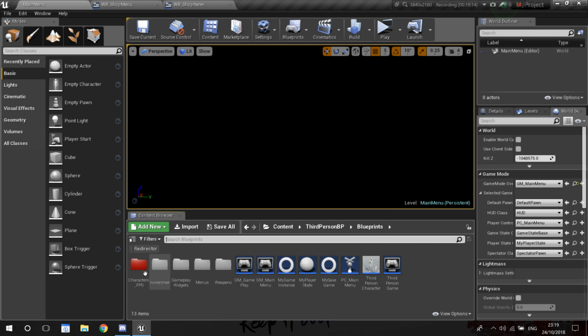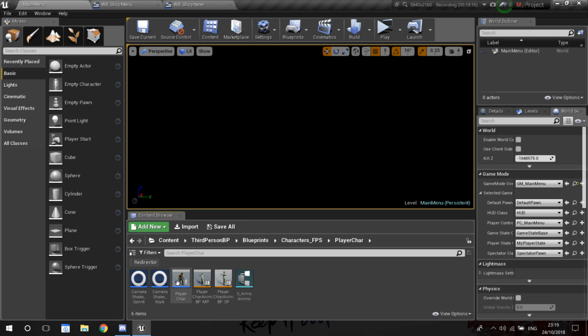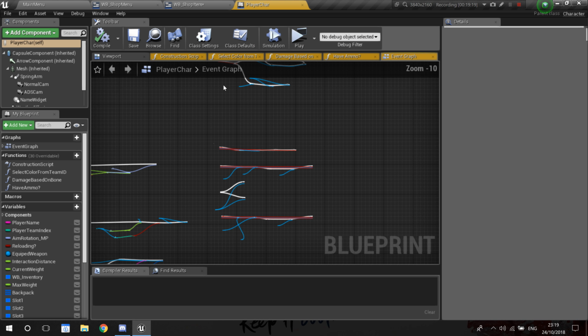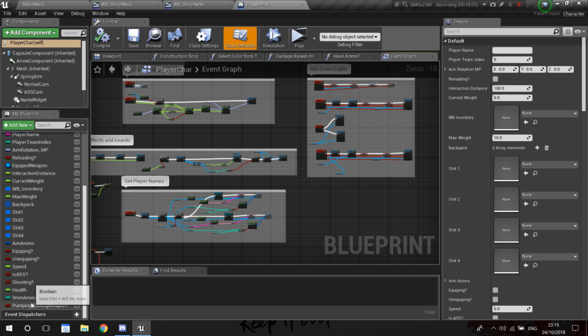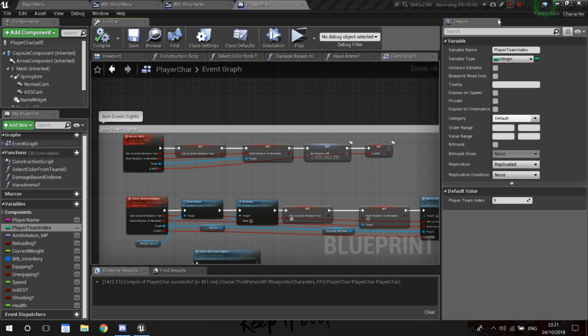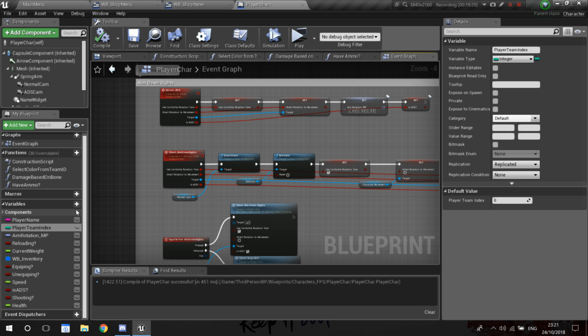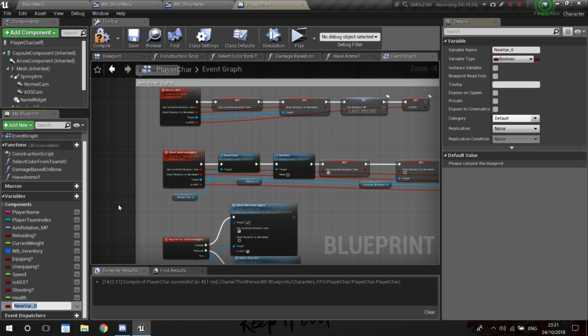That's going to be in our player character, and I'm going to need to create a new variable over here. There are variables over there I'm going to delete. Also, let me just pause and do that now. Okay, so I've deleted the variables that I think I'm not going to need, and I left these. So I'm going to create a new variable. I'm going to call this,